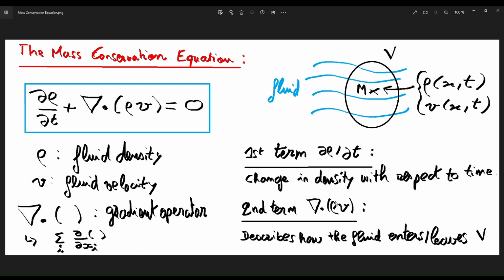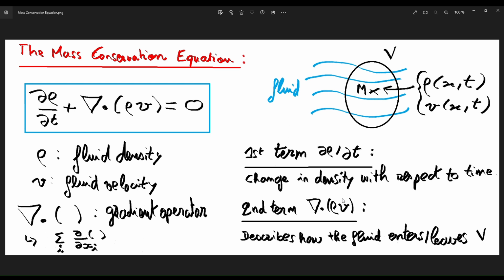The mass conservation equation finds wide-ranging applications in various fields, such as fluid dynamics, environmental engineering, and even meteorology. It allows us to analyze fluid flow behaviors, predict fluid concentrations in environmental systems, and understand how mass is distributed within a flow.